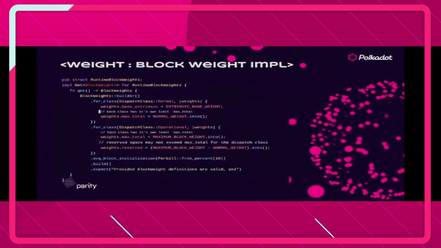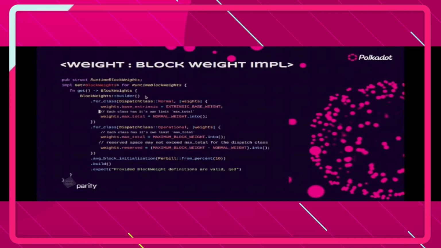Whenever I say normal weight, think about the normal dispatch class weight. And then we say, okay, give it an average block initialization of 10%. So we are reserving 10% for on initialization handlers. And that's about it. This will give you a block weight struct that you can use in your frame system